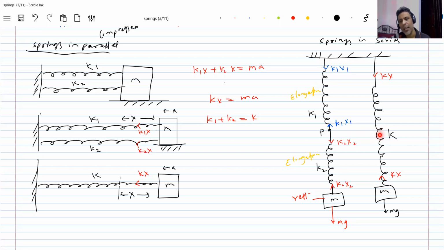Only then can you say the same action is there by both the springs. The block has undergone some displacement when both the springs are present. That same displacement the block should undergo when I connect only one spring. Then you can say this spring is equivalent to these two. Earlier I took help of acceleration; here I should take help of the displacement of the block. The action these two springs perform on this block, the same action this one equivalent spring should perform on the block. What action here? The displacement.